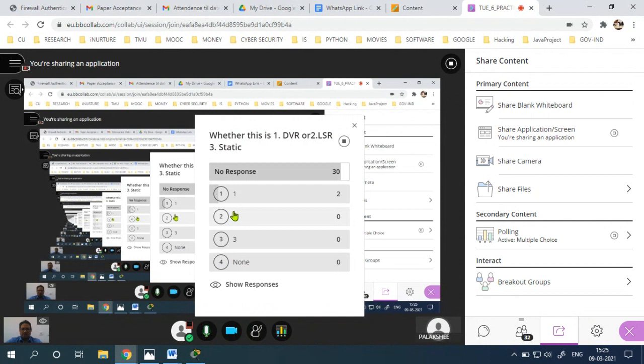I am using RIP. So let me know whether RIP is distance vector routing, link state routing, or static, or none of the above. Be fast, class. Do not take too much time. I want a reply from you all. Let me know, are you with me? And after that, I will show you the simulation.